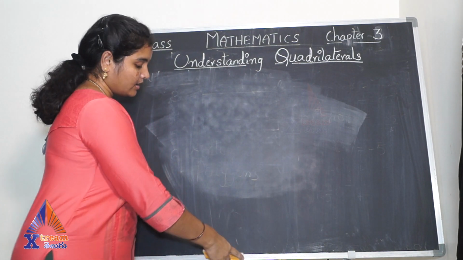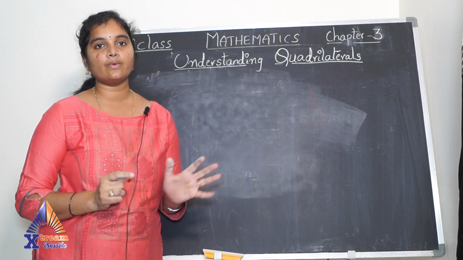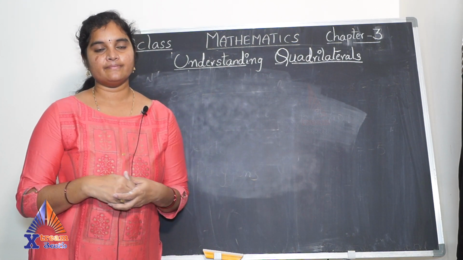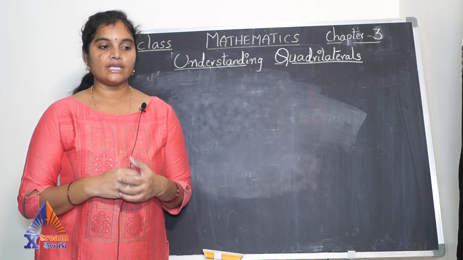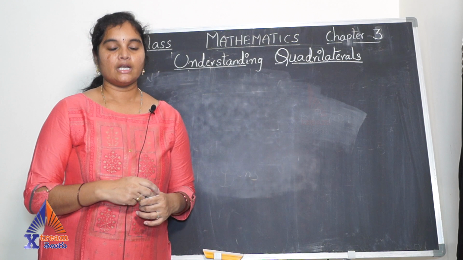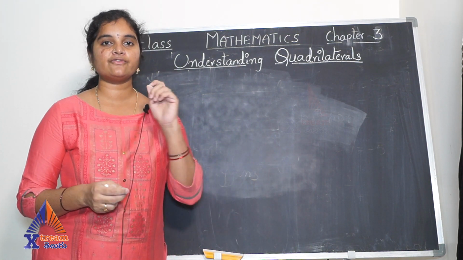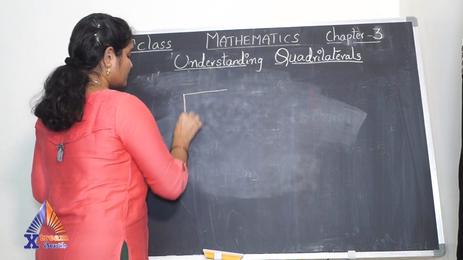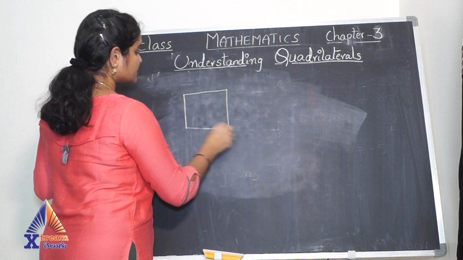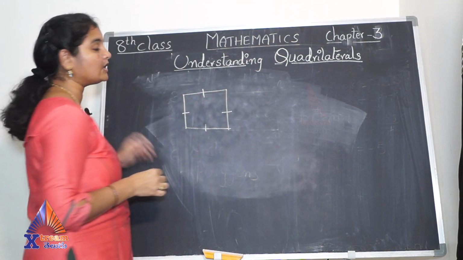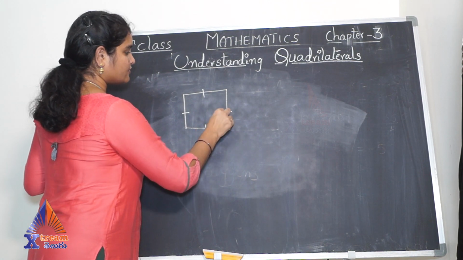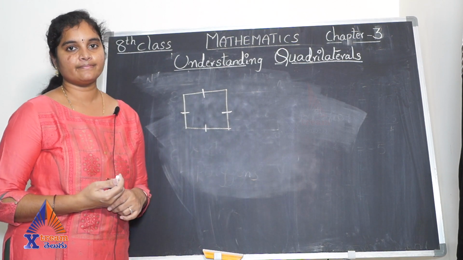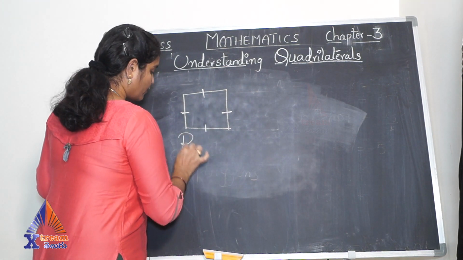Now again, in quadrilaterals, we have regular and irregular quadrilaterals. What are these? Regular quadrilaterals are those in which all the sides are equal. When I say this, what is the first figure that strikes our brain? It's a square. We've been learning since childhood that in a square all sides are equal. These lines I have drawn show that all the sides are equal. So this is a regular polygon.